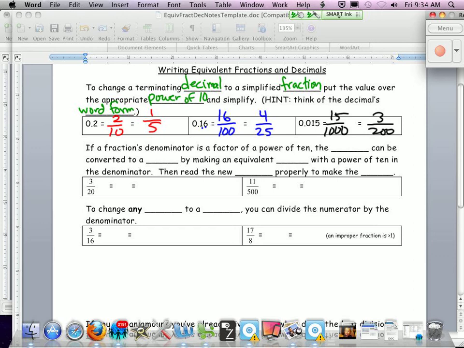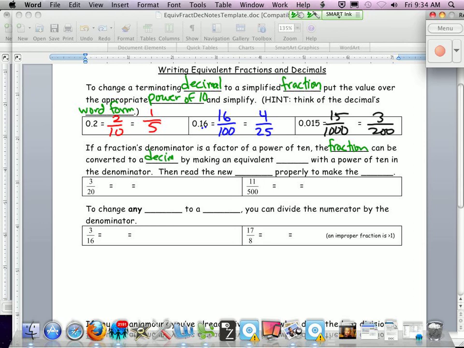Now there are some fractions that are fairly easy to turn into decimals. If they'd already said 3/10, I can just write 0.3. But if it said 3/5, I could change that into 6/10. So you can look for options where you can just change it into tenths, or change it into hundredths, or change it into thousandths. So if a fraction's denominator is a factor of a power of 10, the fraction can be converted to a decimal